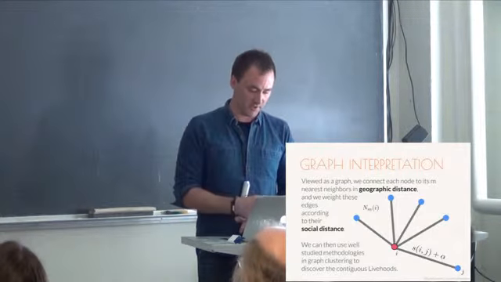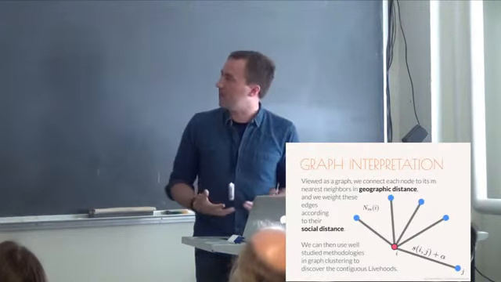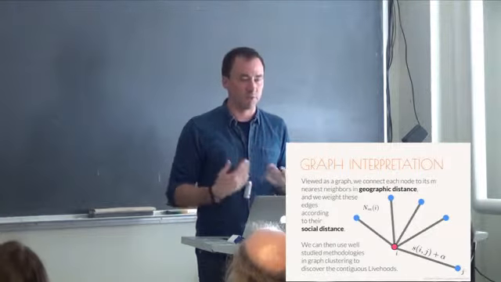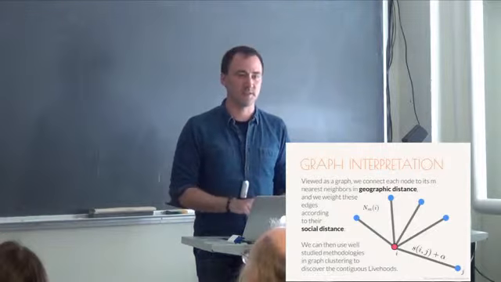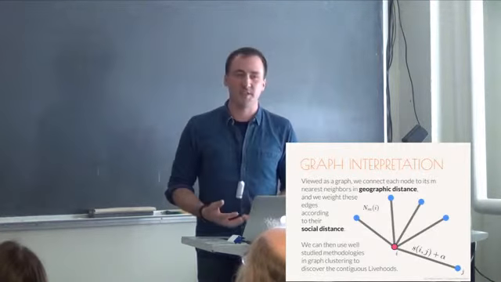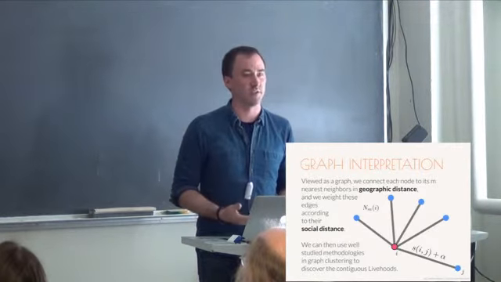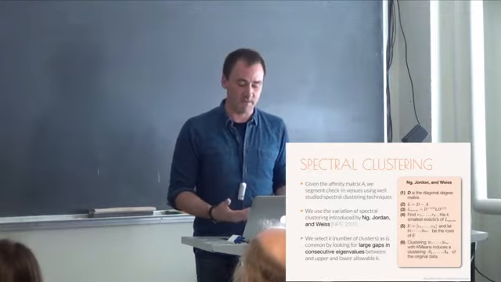So let me make that a little bit clearer. We can think of a graph where the nodes are the venues, and we're connecting each node to its m nearest neighbors by geographic distance. And then we're weighting the edges based off of this idea of this social similarity. And so once we have this in place,